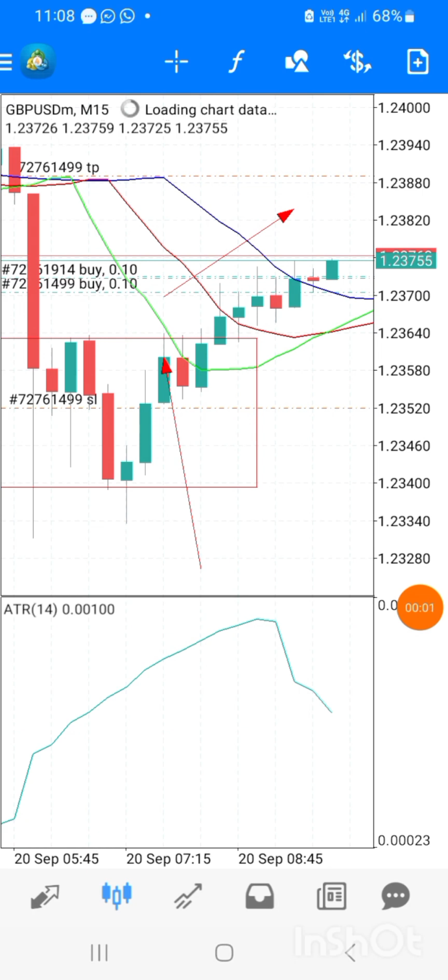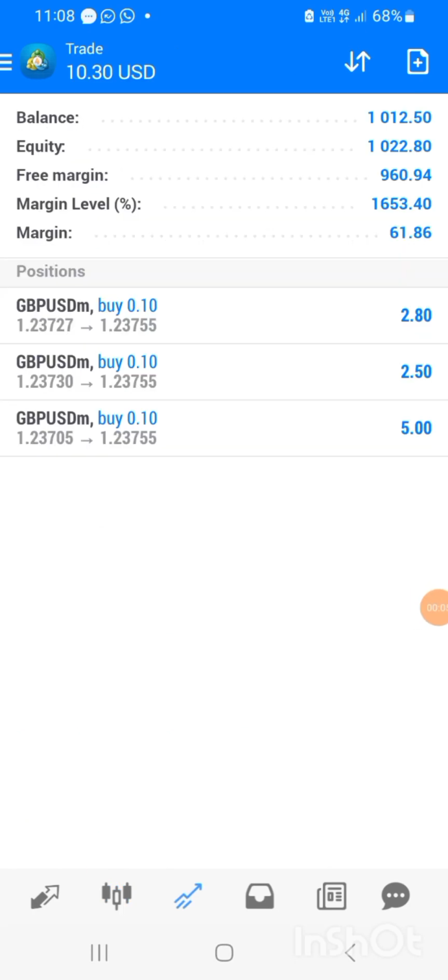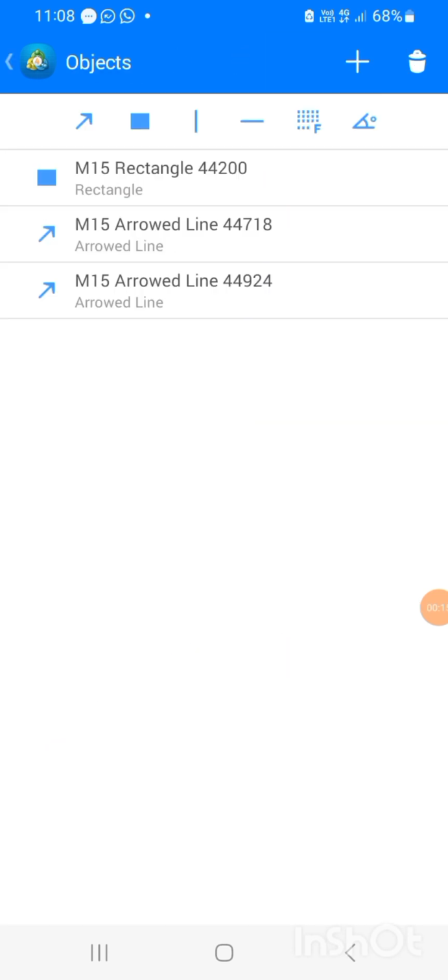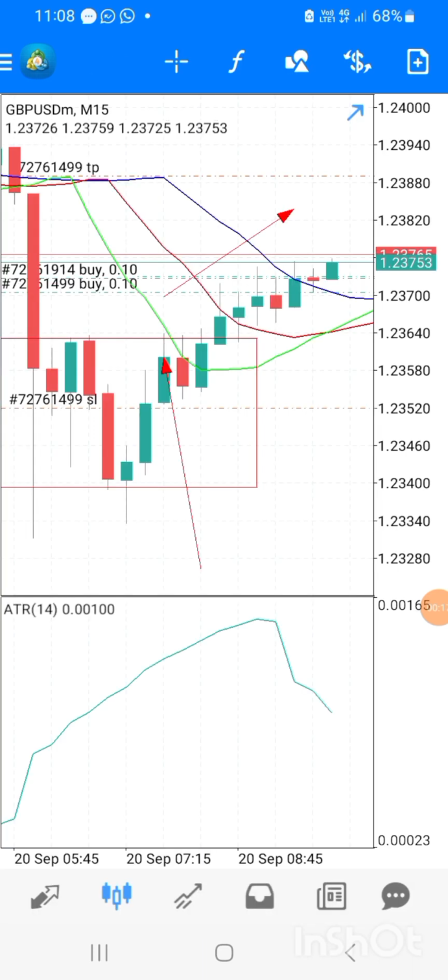So guys, we're back to our chart to see what the market is doing right now. Remember, we placed 3 trades. All 3 trades are in profit, so we're going to have some more patience to see what we can get out of the market. So we are hoping that the market gets to